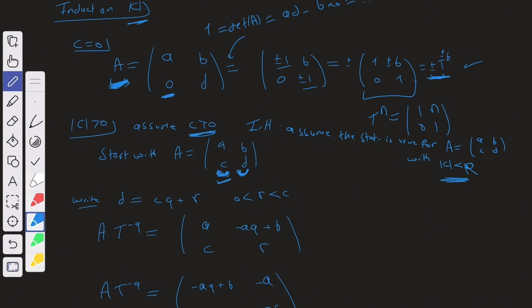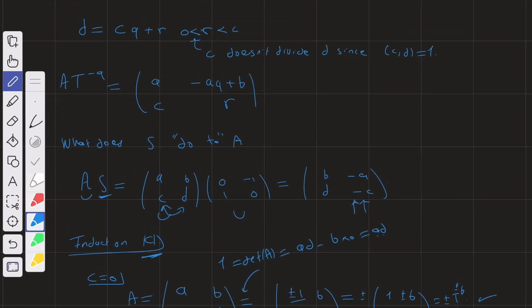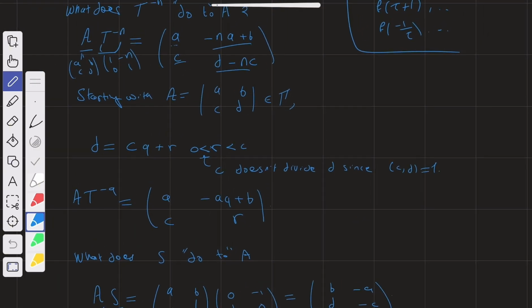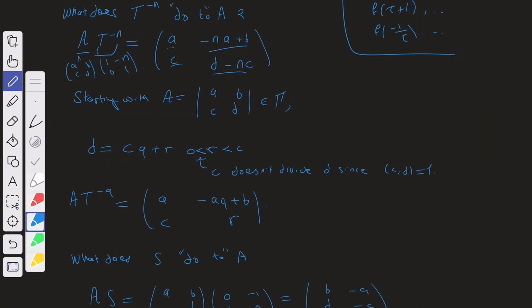So to be able to do that, we will need to go back and note something about multiplication by the matrix T. As you recall, when we multiplied a matrix A by T, this is what we got. There is something interesting here, right? We're fixing these two and we're modifying this. And our hope is to make D smaller. So we should choose N smartly, such that when we multiply A by T to the minus N, we get an element here that is strictly less than C. And how can we do that? Well, that is easy, because we can divide